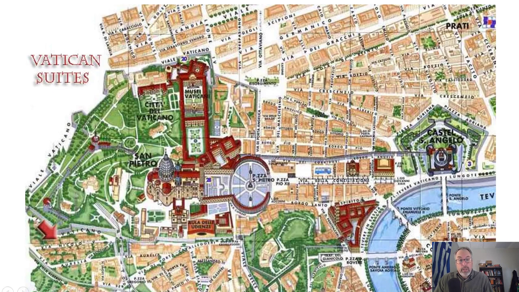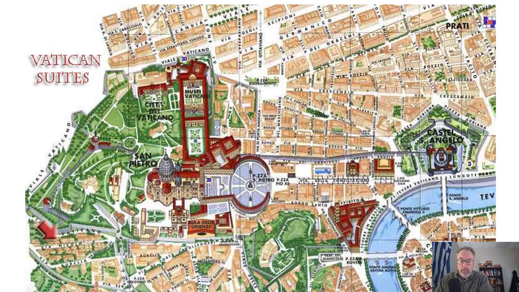He follows local traditions, and he discovers that there is a particular grave, long before any of the stuff that you see here was here, that was venerated as the grave of Peter. And what Constantine does, he's very interested in these sacred, holy sites and the use of relics and bones and objects that could consecrate an area. And so he decides he's going to build the Catholic Christian church in Rome, and it's going to be the bones of Peter that are going to consecrate this whole area.